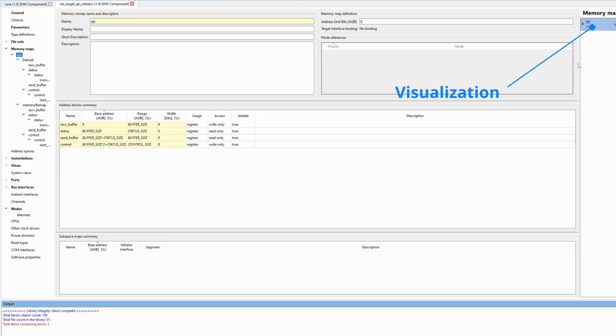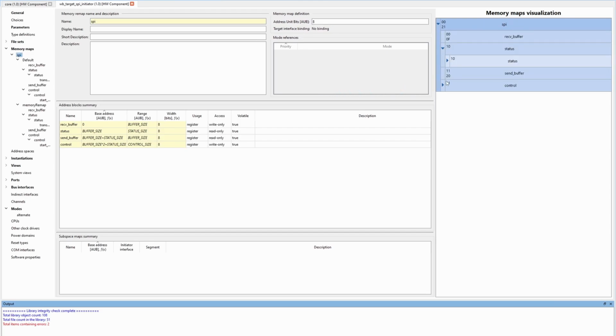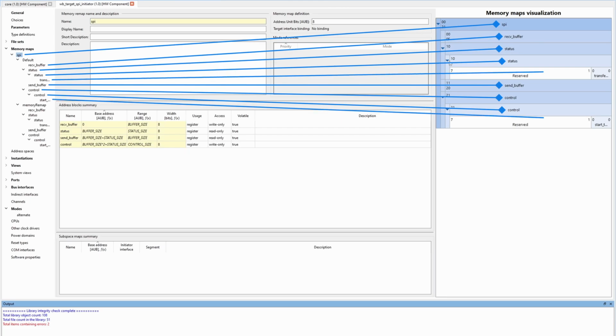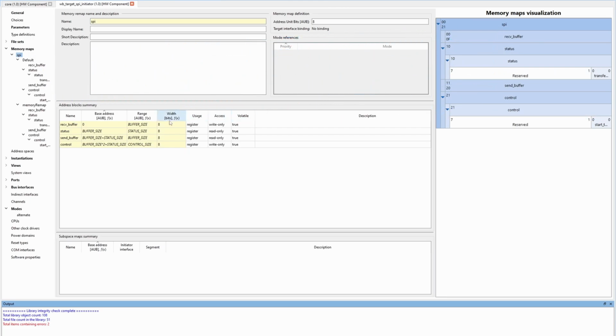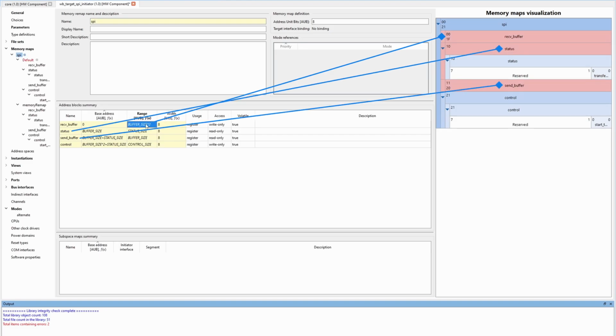With the memory visualization, we can see any potential conflicts within the memory structure. The arrows can be clicked in order to display the different tiers. The memory visualization creates an image of a single memory map or memory remap and all its contents. The visualization is dynamic, taking account of any changes made to the memory structure. If an element is out of bounds or overlapping another element, it is displayed in red.